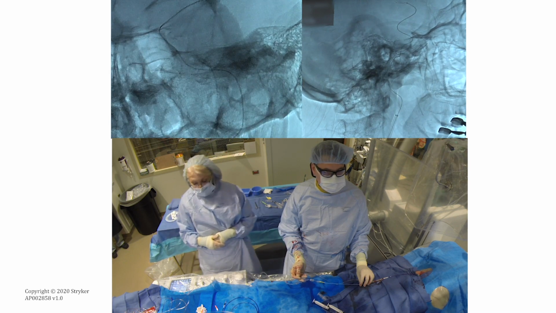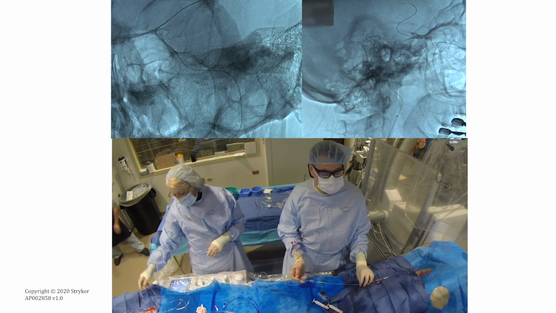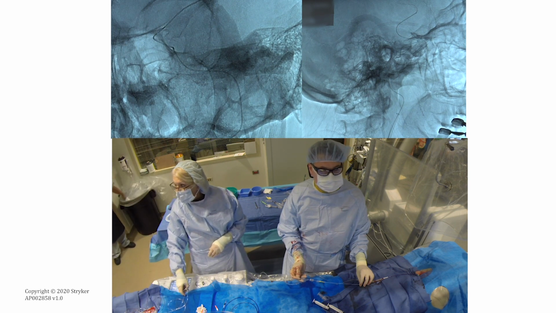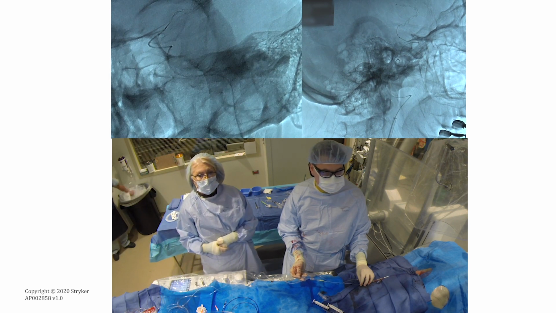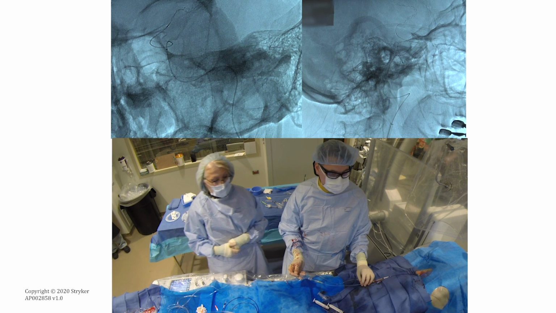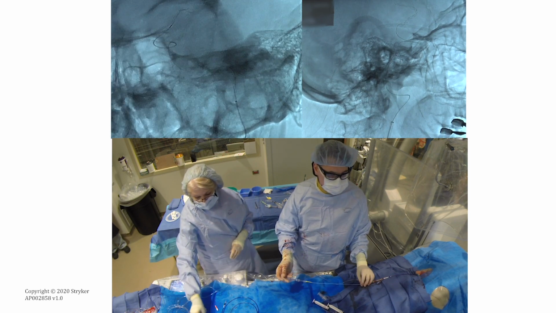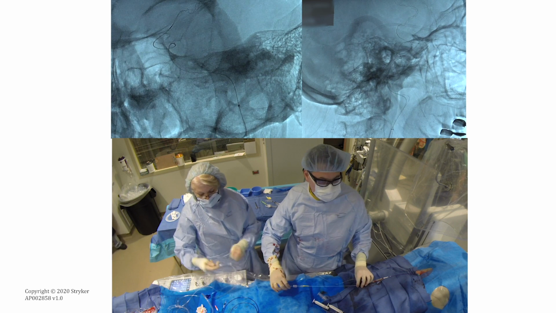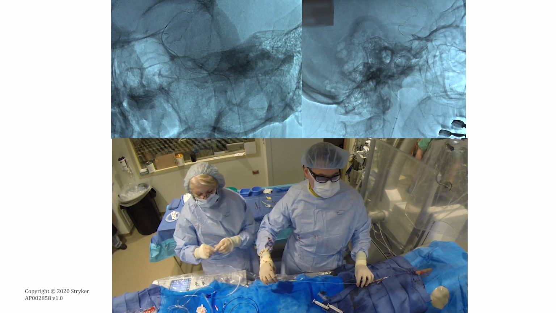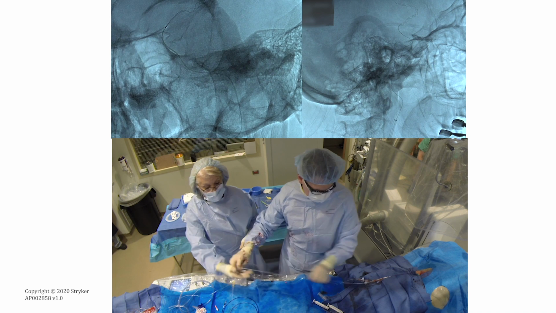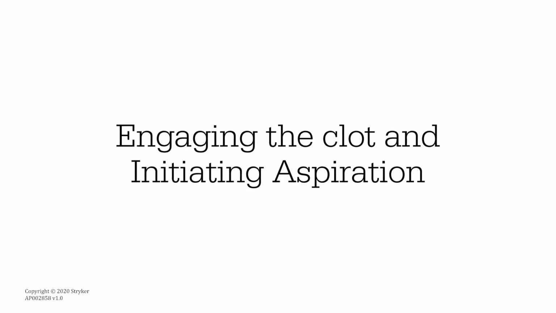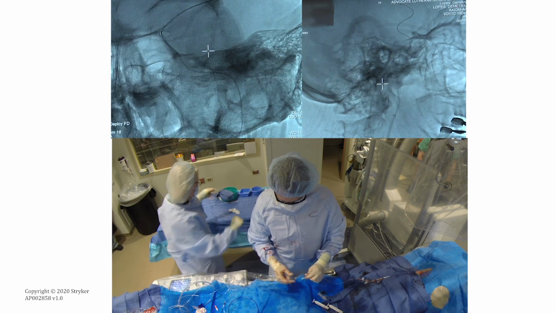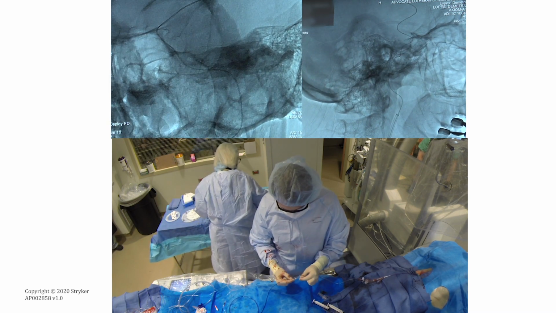So now we are unsheathing the microcatheter and deploying the Trevo. This is a very important point in terms of the interaction of the Trevo with the clot. As you can see here, the microcatheter is gently removed, and we have our balloon guide in position. This is a very important step because it allows us to have a full integration of the clot with the stent retriever, and the 430 seems to be a very good device for the majority of the situations that